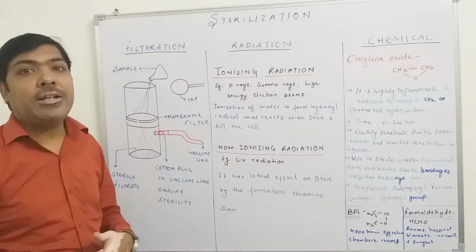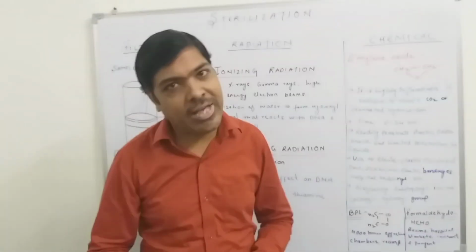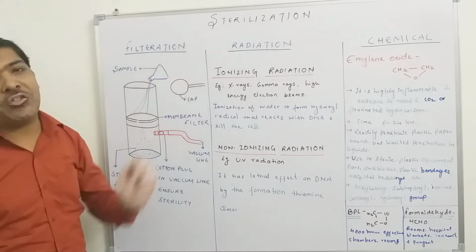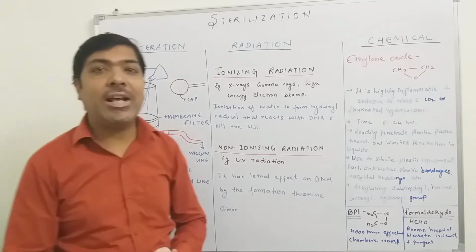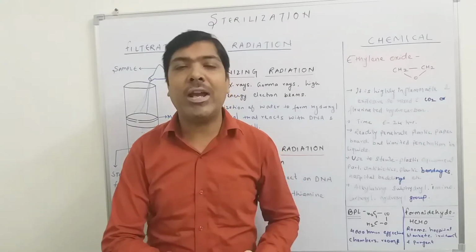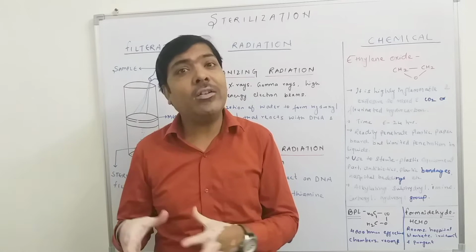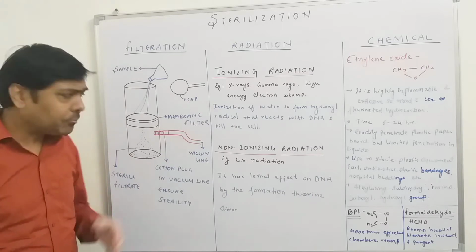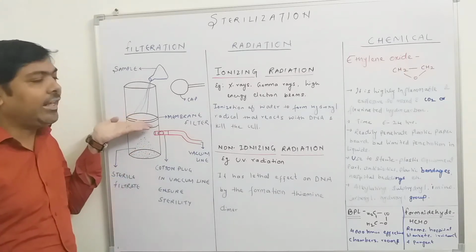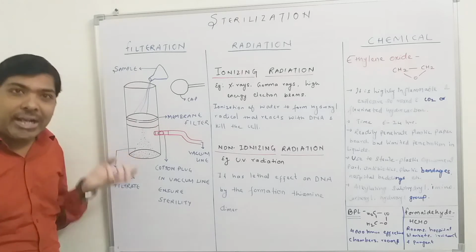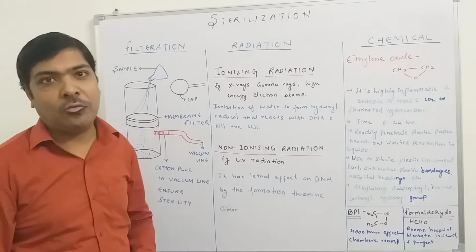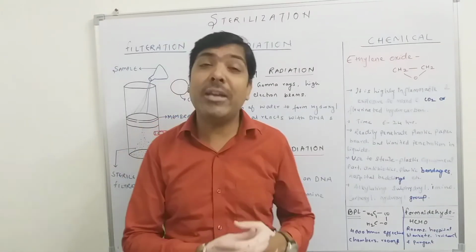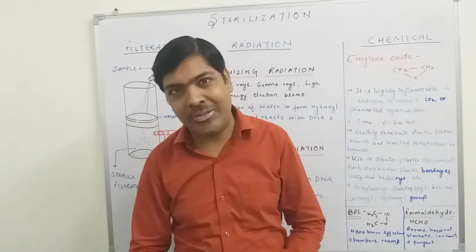But this membrane filter does not allow the passage of microorganisms. So the substance that we get in compartment number 2 is considered to be sterilized, because we know the definition of sterilization: it is the process of complete removal of any kind of microorganism. Whatever microorganisms may be available in the material that we are going to sterilize are withheld at the membrane filter, and the substance we collect downside is free from any microorganism. So this filtration process of sterilization is considered a mechanical method of removing microorganisms.